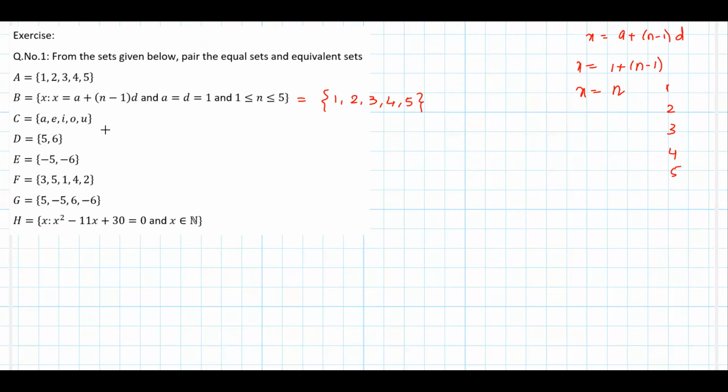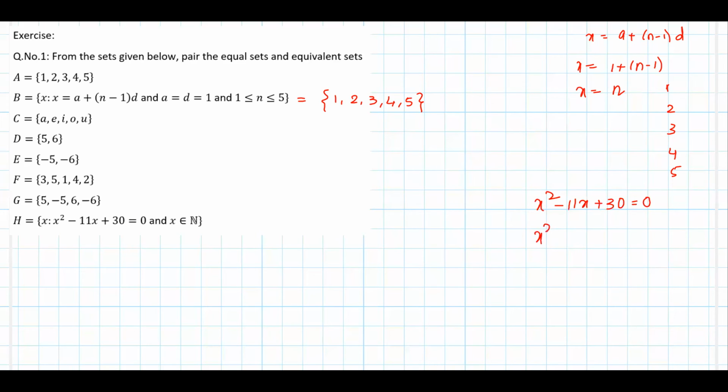All right. Next. What about now set H? This is in set builder form. Now we have to convert this into tabular form. So what is the equation here we have? Here we have a quadratic equation. And now we have to find the solutions of this quadratic equation. So how are we going to do that? We have 3 methods to do that: factorization, completing the square method, and quadratic formula method. So quadratic formula is like an easy pick. But here in this question, splitting the middle term, factorization, is kind of simple.